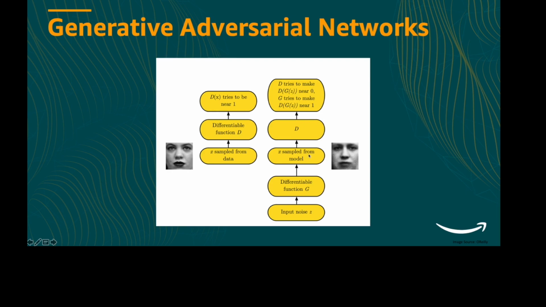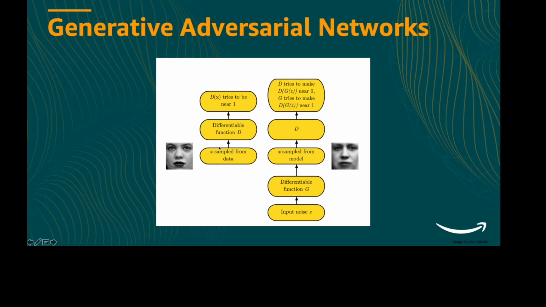Just to describe the procedure again with a running example, let's look at this. On the left, we have an image which is an actual real image from the training data set, and on the right we have an image which is generated by our generator. To the generator we pass some random noise, and this is a generator function, and the generator generates some image, which is this. So this is the output of this third block.